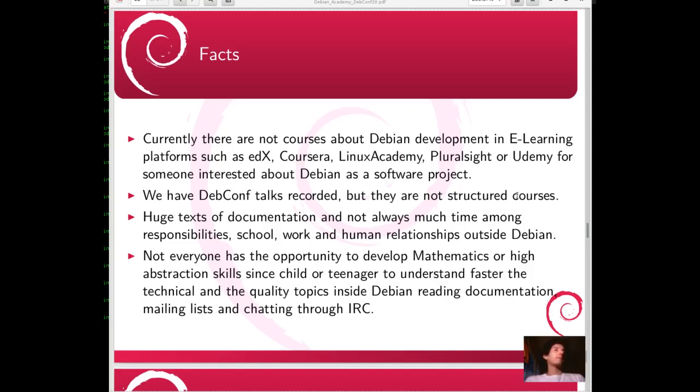So I think it's a useful resource, but we need to have in mind that they are also focused on profit, so they do not fund, maybe, teaching about Debian development, something with which they will not have a very high economic income. But despite this situation, the way of learning on these platforms is very nice, because